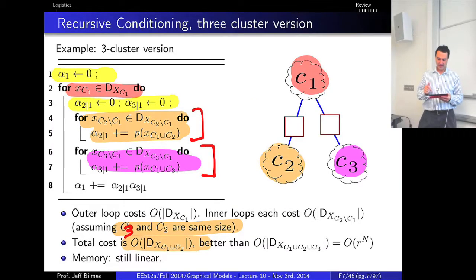And so that stuff that lives in these separators here is in some sense constant for the purposes of that loop. That's why it's called conditioning, or cut. It's a cut set conditioning. We're cutting a graph into something that's very easy. And of course, these iterations here might be possibly done fairly easily if we can cut them into a graph